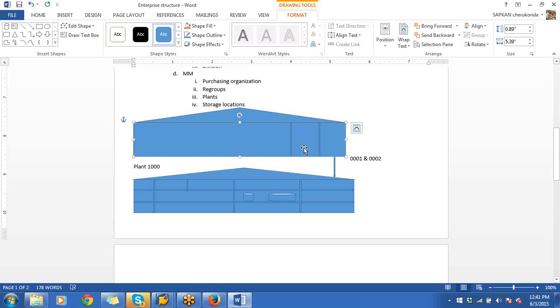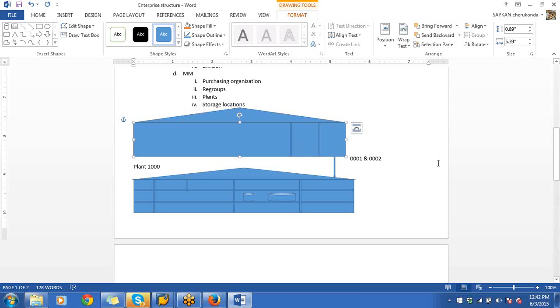So what is the conclusion? The conclusion is, even if you have the same material, whether that material is warehouse managed or not managed depends completely upon the place where you keep it. If you keep it here, no. Keep it here, yes.